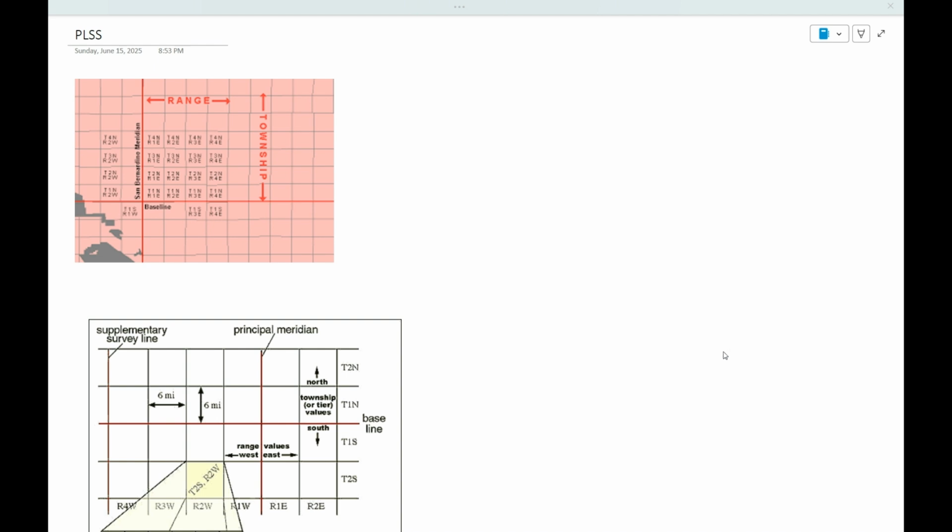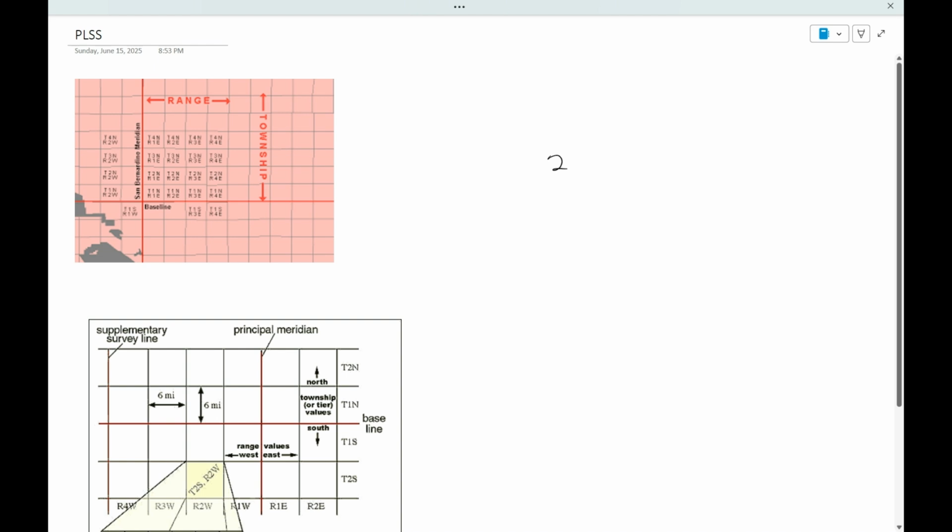Essentially, it divides a piece of land into townships and ranges, and then further down into sections, and then further down into northeast, northwest, etc., like I was mentioning in the last video where we did student created maps. All right. And so every single